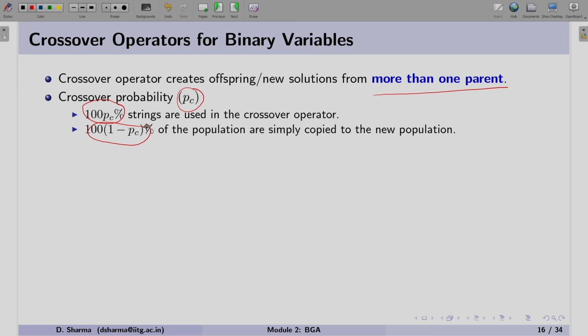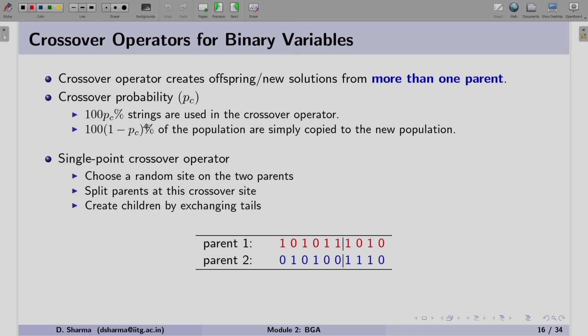If you remember the case we discussed in the last session, a couple of strings were just copied because the random number was more than the probability of crossover. Those strings were copied directly, and for the rest, based on the probability of crossover and the random number, we perform the crossover operator.